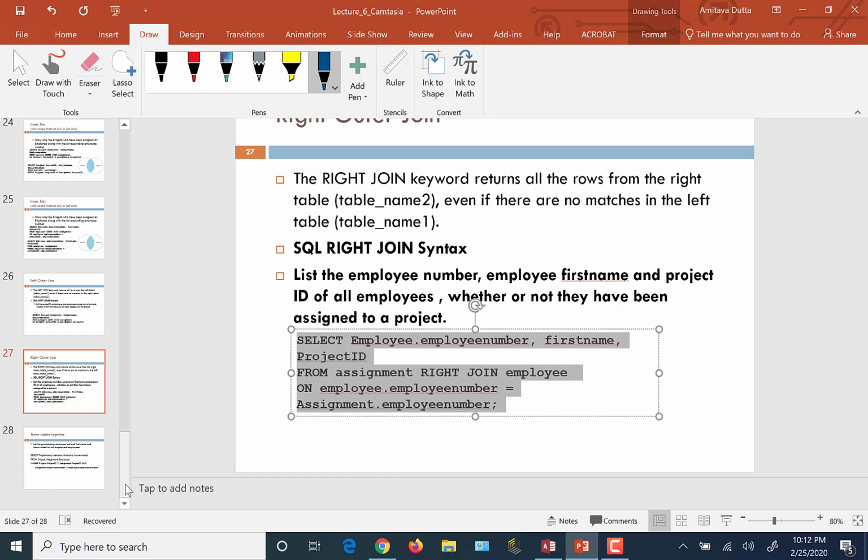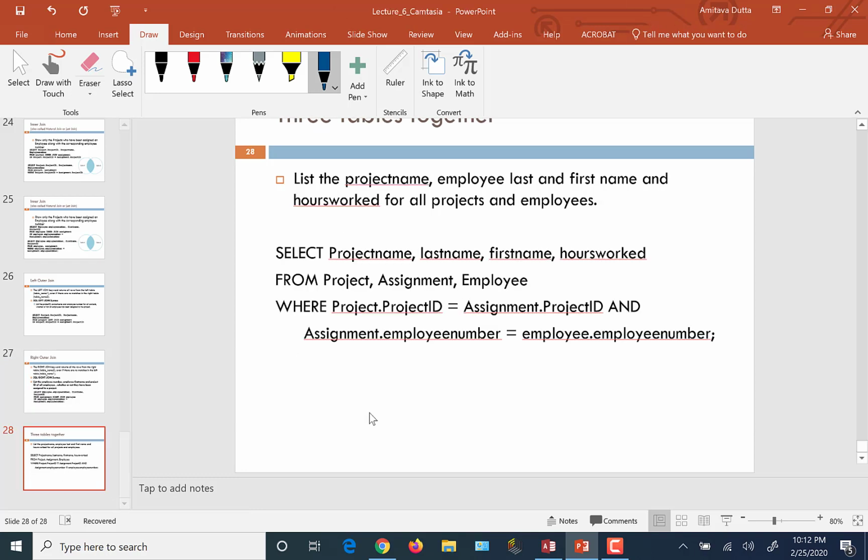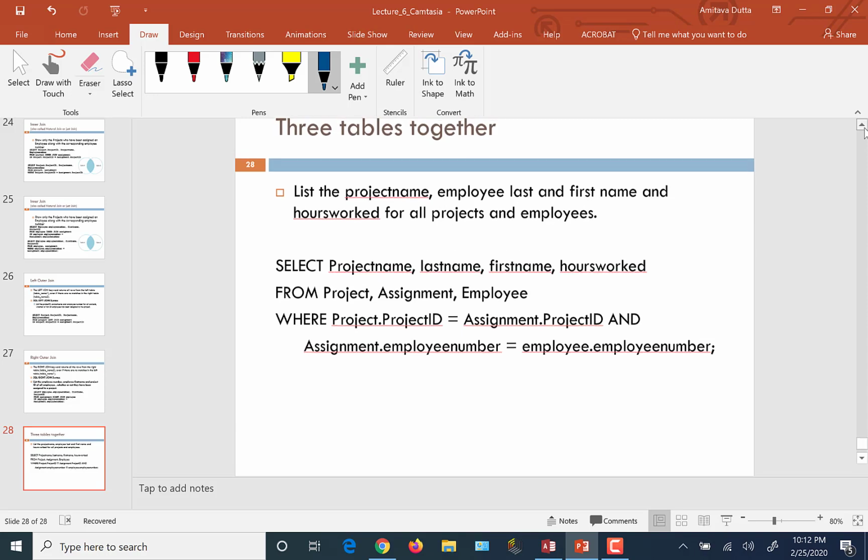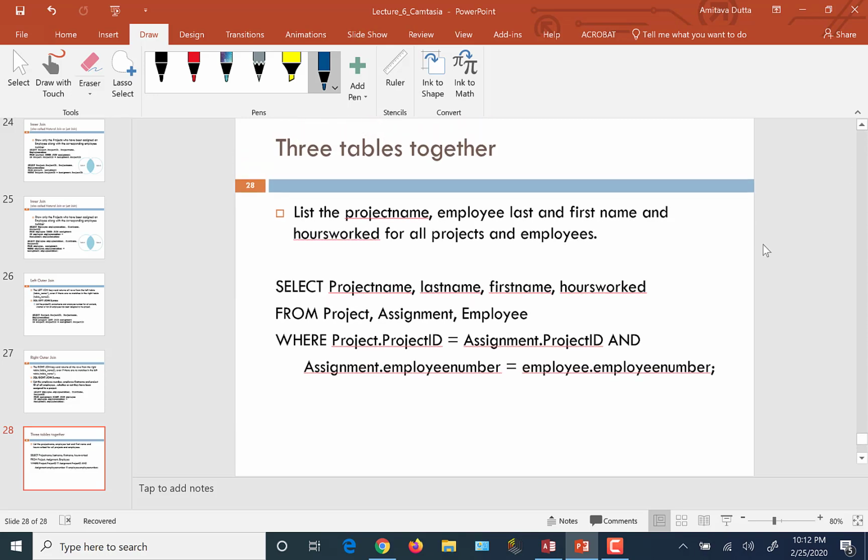So I will end this tutorial with a query that requires joining 3 tables. All right, so if I join 3 tables, I will need 2 joins because a single join can only connect 2 tables together. So here it says list the project name, employee last and first name, and hours worked for